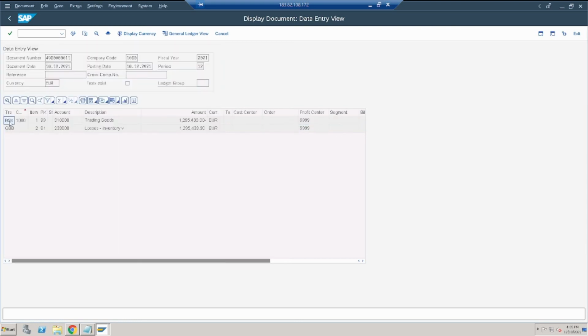See what I told you, that BSX has been credited and GBB has been debited, right? Why has it been credited? Because from my own inventory the material went out, we have reduced the quantity, so that's why it has been credited and GBB has been debited, right?